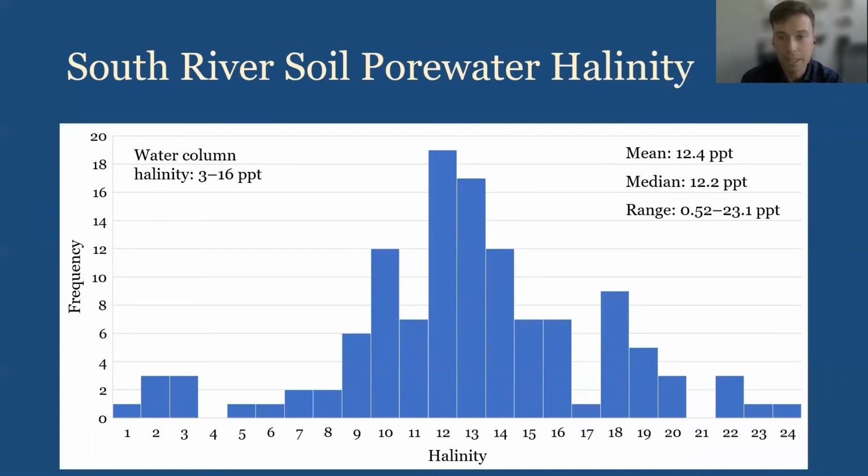We tested this method in South River, which was my master's research study site. It's a subestuary on the western shore of Chesapeake Bay. And generally, the pore water matched what we expected based on the halinity of the water column. Some of these high values were unexpected, but when we examined our method for potential sources of error, we concluded that these data are reliable. The examination did show us, though, that it's very important to prevent sulfide oxidation in subaqueous soil samples and to prevent sample water loss when making these halinity determinations using our method.